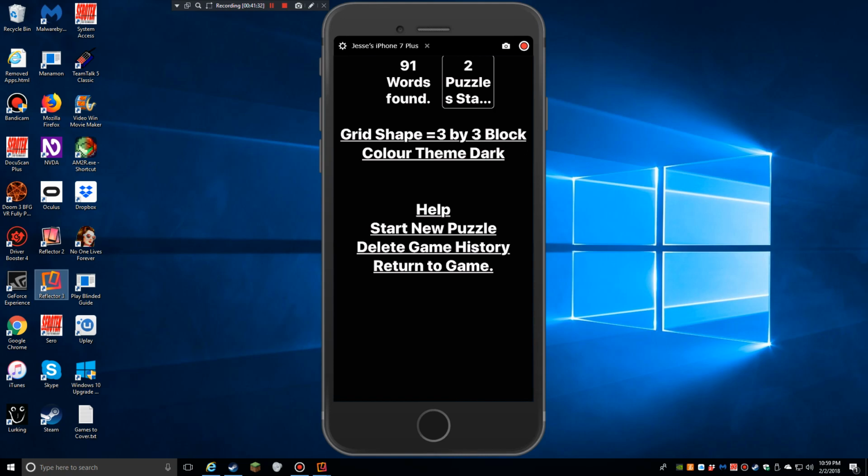And then this piece over here, 91 words found. Maybe you could have three things up here. You could have on the left-hand side, maybe move these over a little bit so they're evenly spaced again, but have three buttons at the top. One would be for the current puzzle you're on that would say you found 20 out of 150 words. And then you could have a global tally in the middle: 91 words found, or unique words found. And then, like I said, two puzzles started, and then that could open